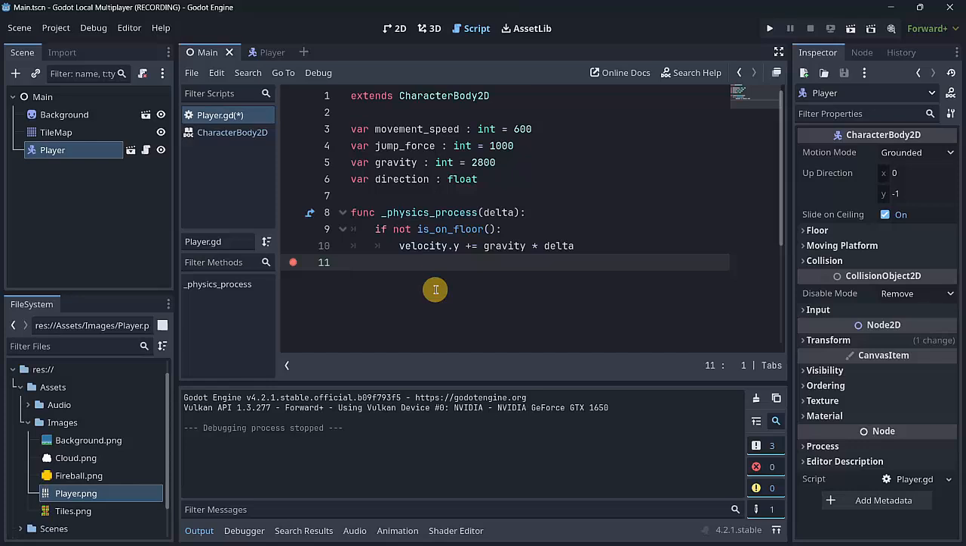Hi there and welcome to a new lesson. Today we're basically going to continue creating our player movement, and let's continue exactly where we left off in our previous lesson. So basically we were detecting with the character body built-in method if we were on the floor,